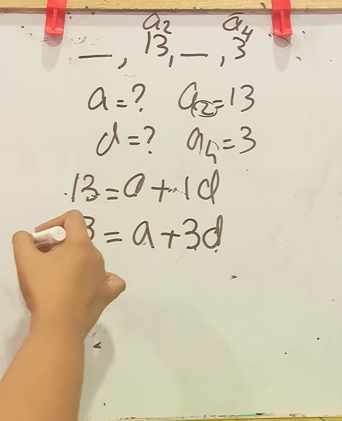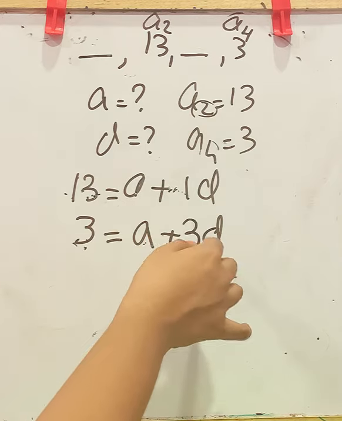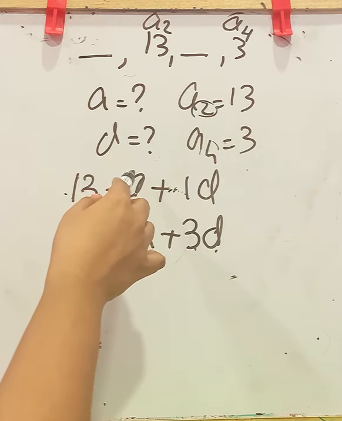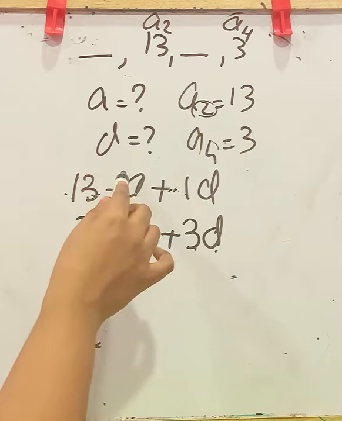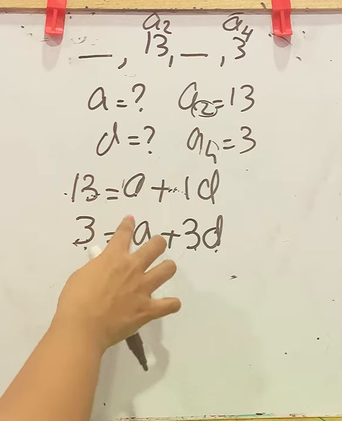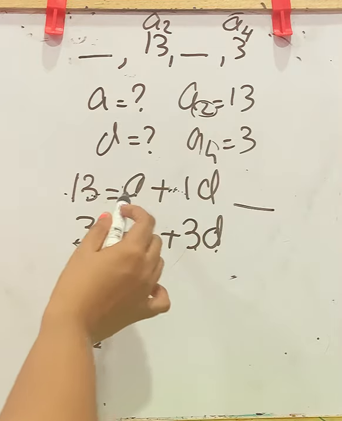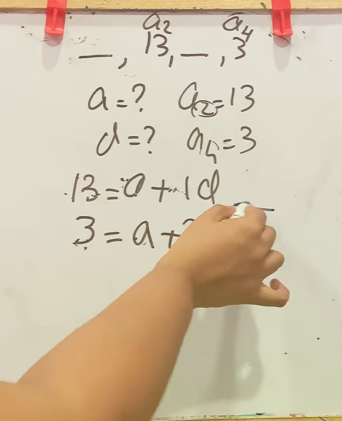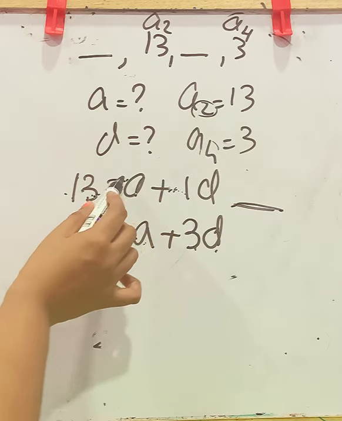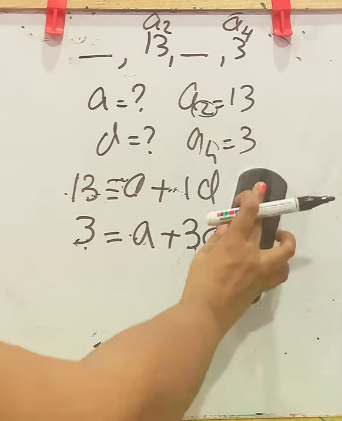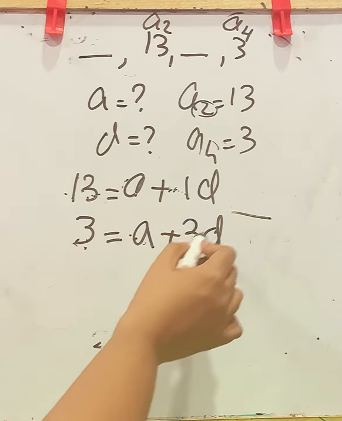So we have to eliminate a from this. Then we can find the value of d. To eliminate a, first you have to check what is the coefficient of a. Both are same. So it is easy to us to eliminate. And both are positive values. So you have to subtract. That is, if same signs, you have to subtract. If opposite signs, one is negative and one is positive, then you have to add. Here same sign, so we will subtract.